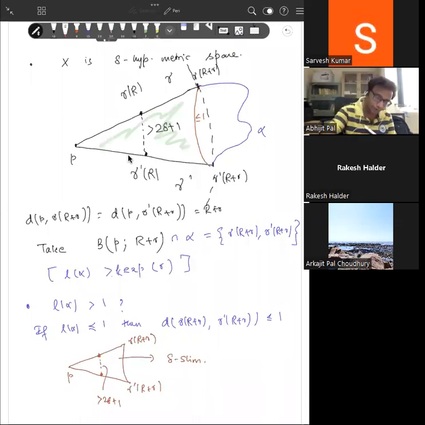Fine. So for this point, I'll get a point here, which is at most delta. Okay, so I'll get a point here, so this is at most delta. So observe this thing. Because of the slimness, for this point I'll get a point here, so this is at most delta, and this will be at most delta. And because this side is at most 1, so this will prove that